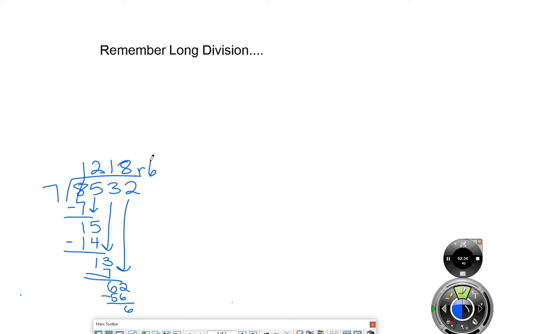Okay, so now when we write the remainder, we're going to write it more like we did once we understood fractions. Instead of just telling someone there's 6 left over, it's more informative to tell them there's 6 left over out of 7, because that tells them you were really close to almost having a whole other one, right? Whereas if there was 6 left over out of like 92, that wouldn't be very close to getting another one, okay? And so then we end up writing this as 1,218 and then 6 out of